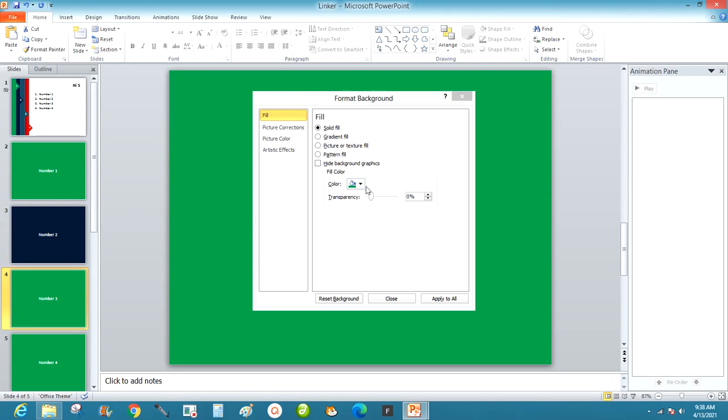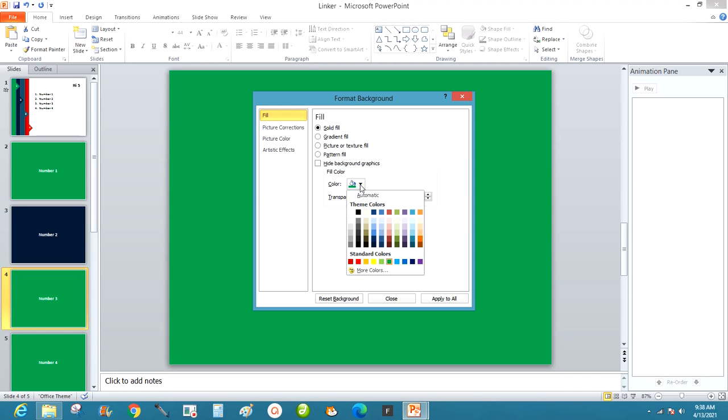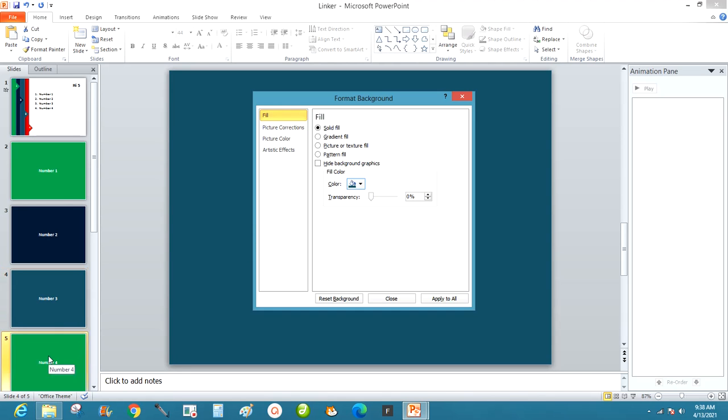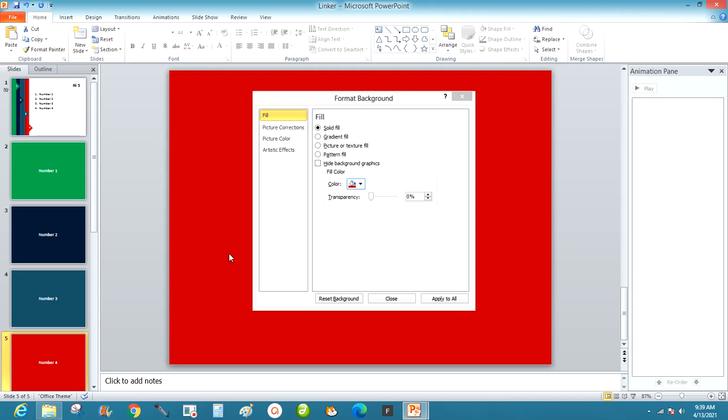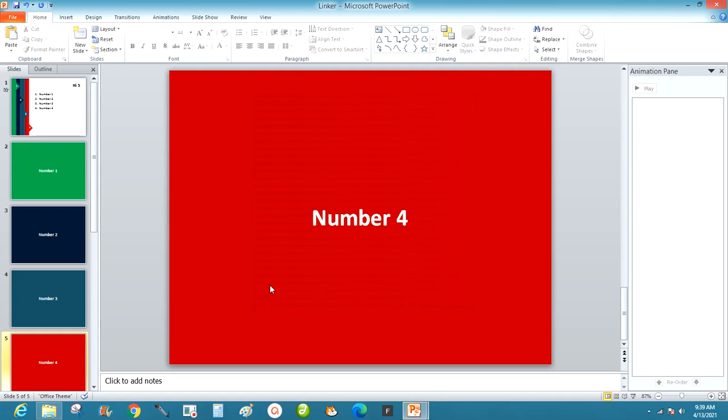The next one, what should we give it? Light blue, kind of. Yeah, I guess. Yes. And the final one, give it red. This red looking brighter. What about this one? This one. Okay. Alright,